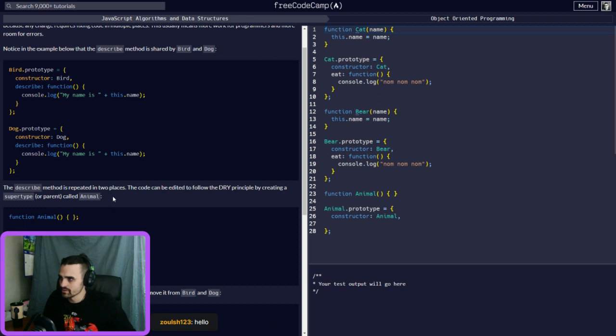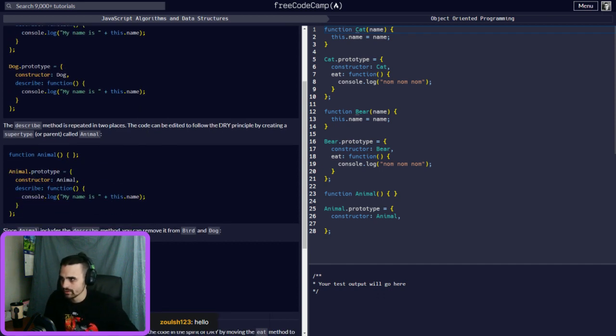So the describe method is repeating in two places. The code can be edited to follow the DRY principle by creating a supertype, or parent, called Animal. So we have the function Animal. All animals are going to use the describe method.